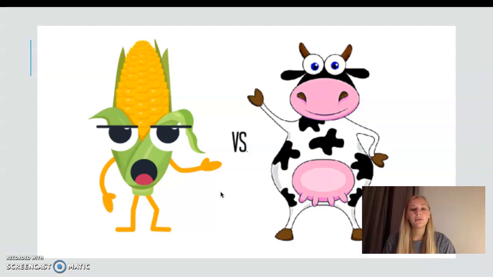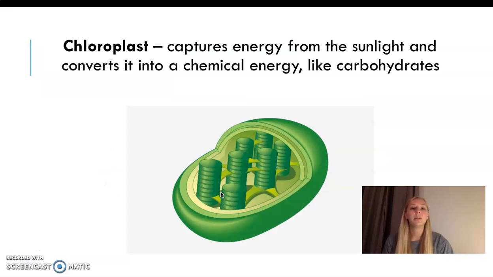All right, so we finished our tour of our normal microscopic town. But there can be differences in towns, just like there are some differences between plant and animal cells. So everything we've covered is included in both plant and animal cells, but plants have some different needs and need different organelles. First, plants need somewhere to make energy, so they have the chloroplast. It captures energy from sunlight and converts it into a chemical energy that can then be used later, like carbohydrates.